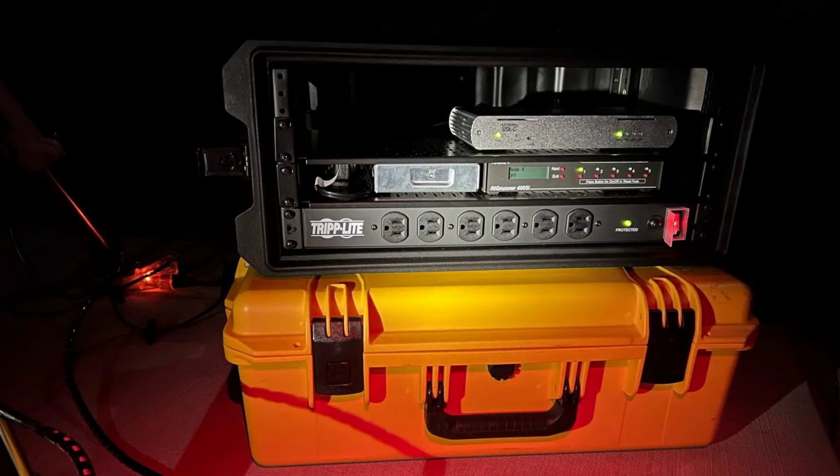AC power supply, and that power supply distributes out the 110 filtered. Then there's a Meanwell 12 volt power supply here that distributes 12 volt power to all of the accessories on the scope and to the scope itself and the camera, and basically everything else uses 12 volt. Here's a rig runner. It's a special iRig unit that filters that 12 volt power, and this is the little machine, the gizmo, that takes the data from the cameras and translates it into fiber optic and ships it into us where we are inside of